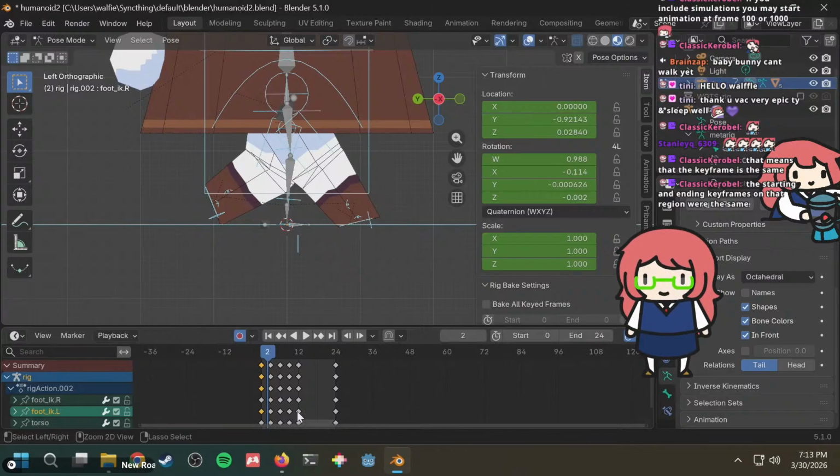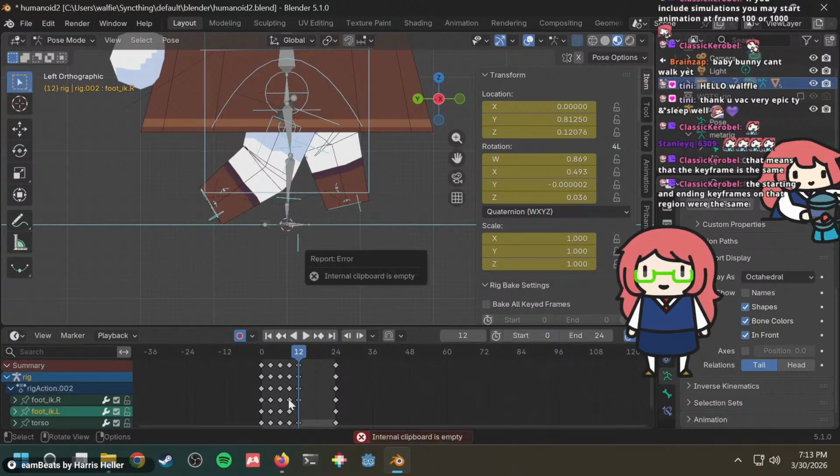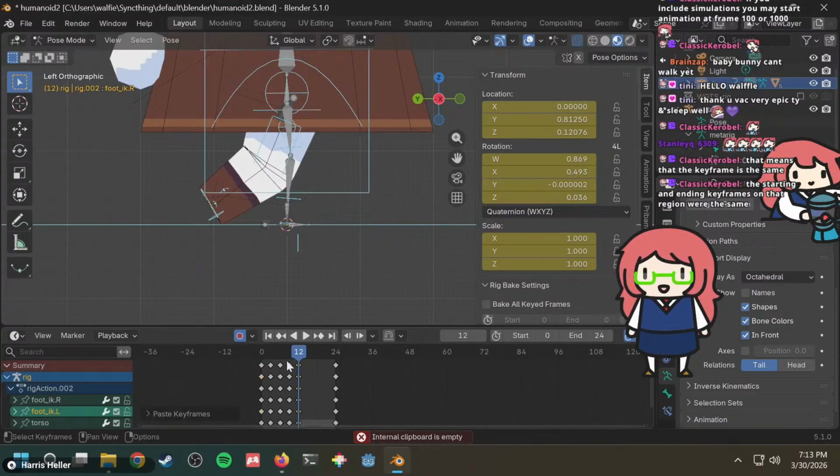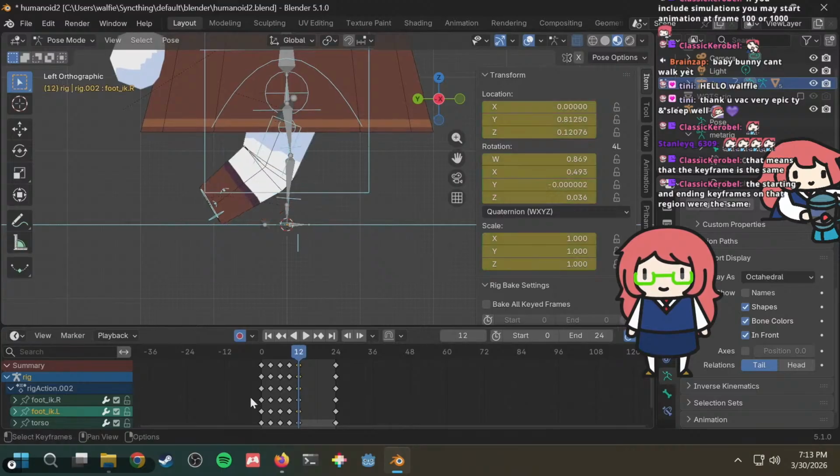If I copy this and I paste this, if I delete this, and go to frame 12 and I do Control Shift V, internal clipboard empty. Okay, copy, Control Shift V. So like, why is this leg not working? If I delete this one, okay, I think I just copied it wrong.